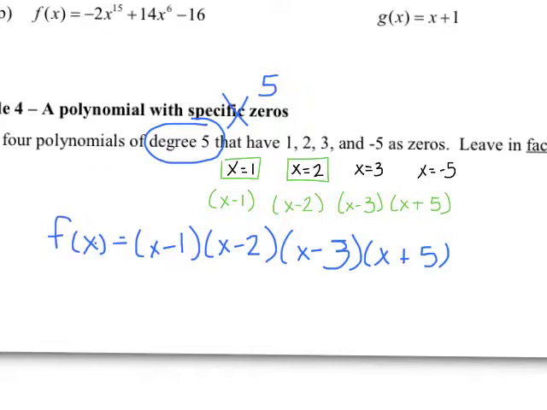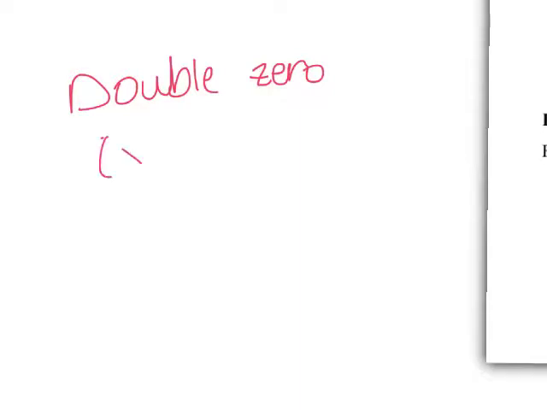Don't just put something random here. These are the only zeros that we have. So one of them must be a double 0. What do I mean by a double 0? Let me come over here just to show you what I mean. So a double 0, for instance, if I ask you about x plus 4 squared, this is an example of a double 0 because the only solution is -4, but because that factor was squared, it's considered to be a